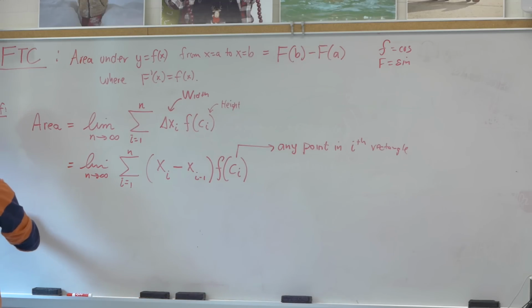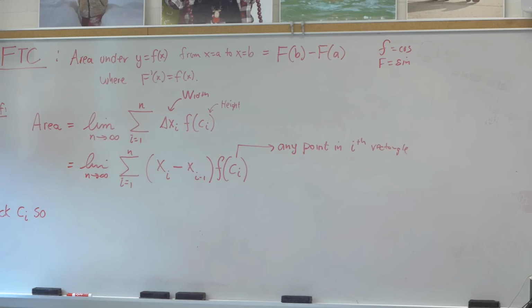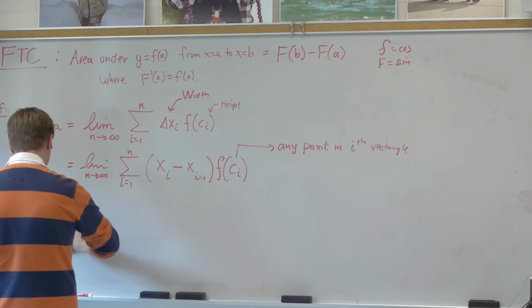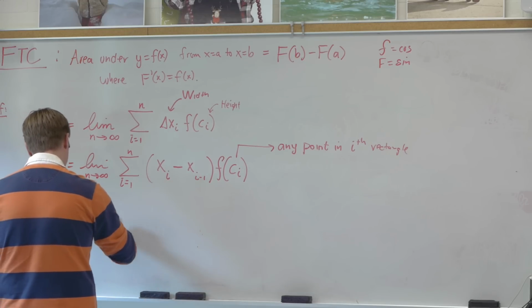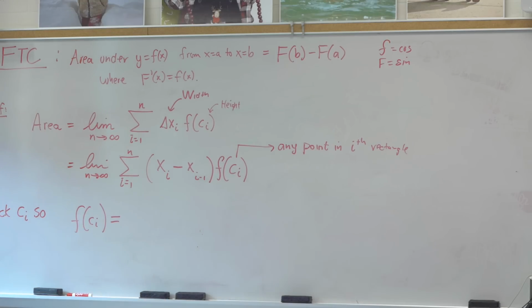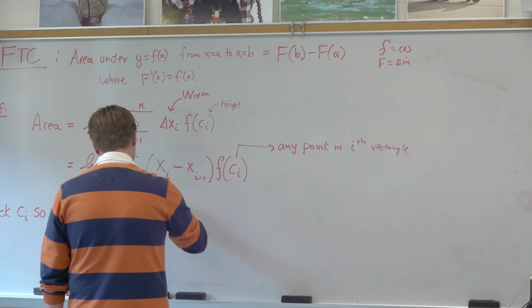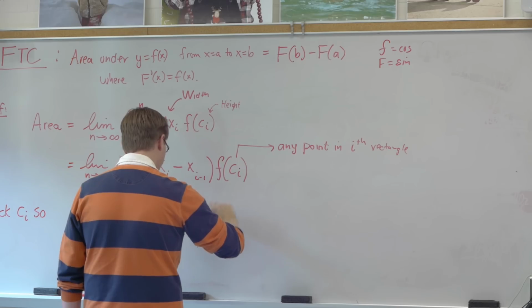So I'm going to pick c i this way. It's going to be the point where f of c i is, and this is the big MVT step,